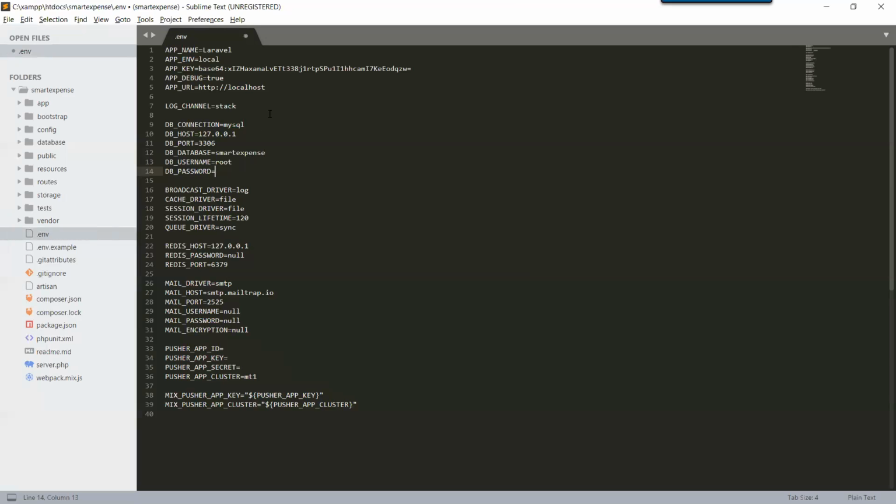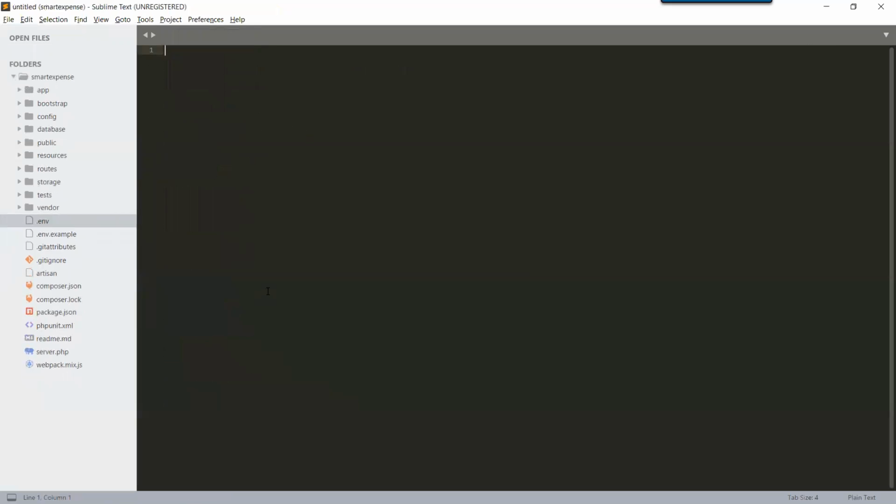Press Control S. You can see a circle, which means the changes have been made but the file has not been saved. So Control S to save the changes we made in our environment settings. Okay, so we will quickly create our migration and see what parameters are required.